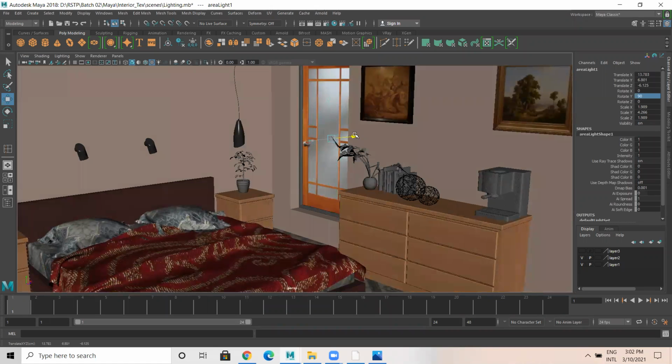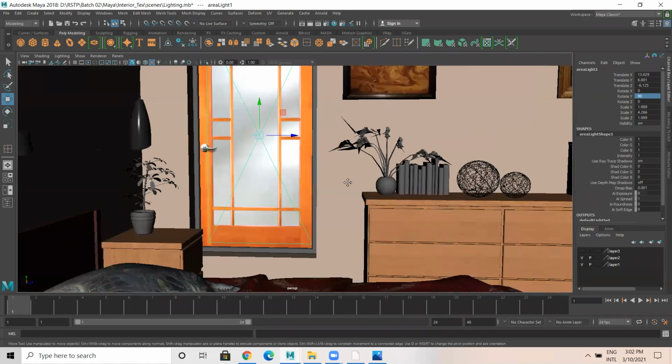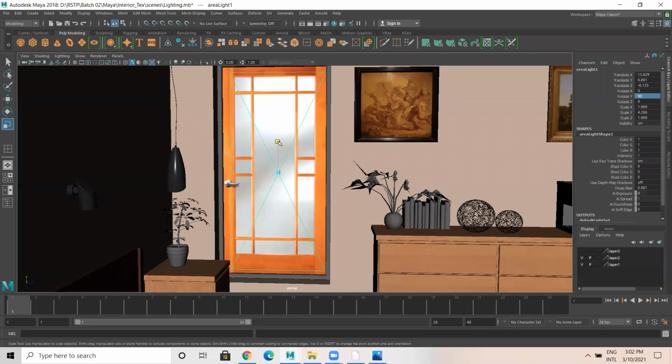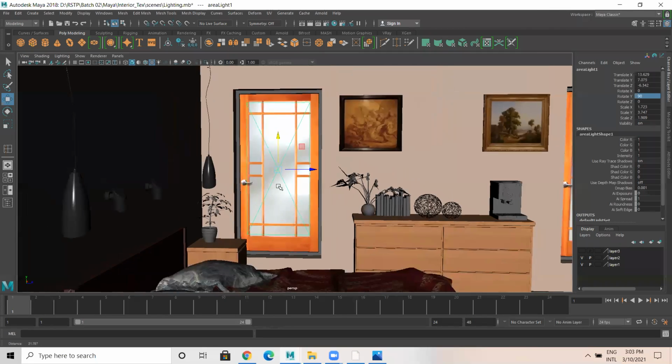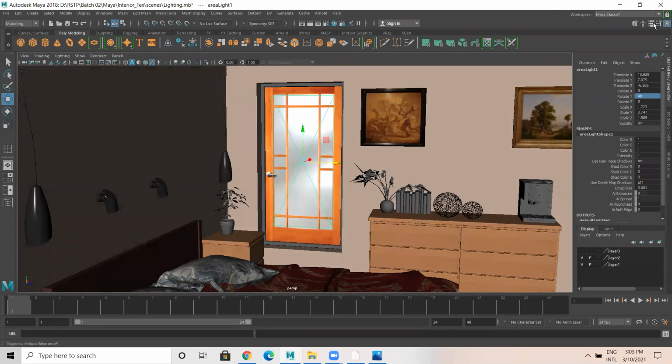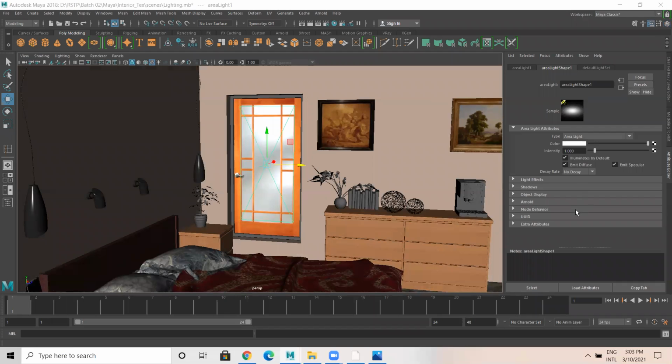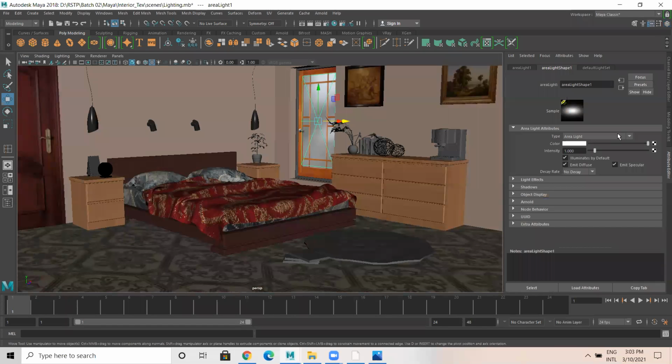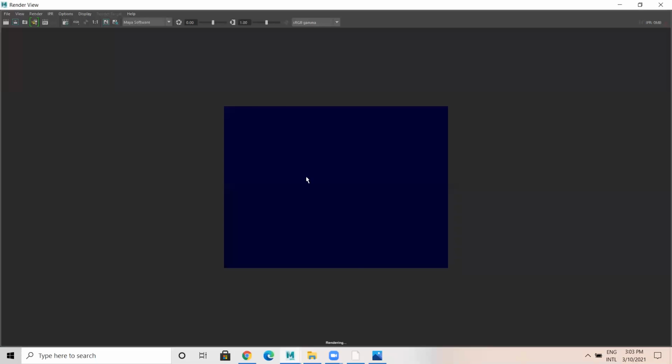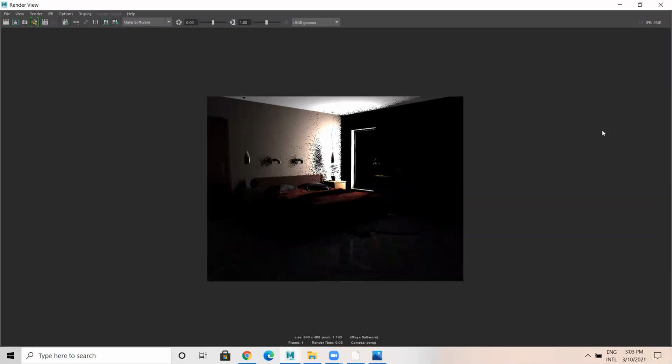Place this backside like this, so that wherever light is there, it comes only up to that. Means the glass part, up to here and here. Then go to attribute editor and check the intensity of this light. Now let us take a render. When I render this scene, you get an output like this. There is a lot of bleach here and so many dark noises.